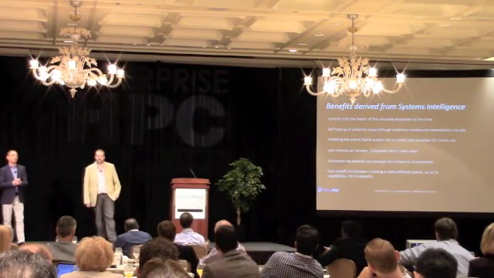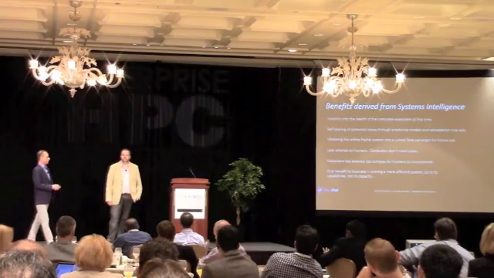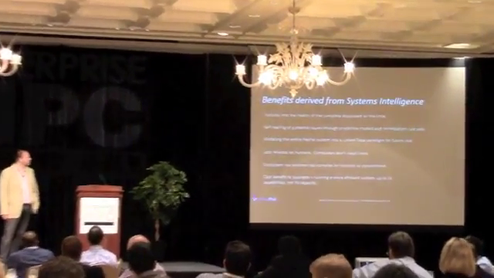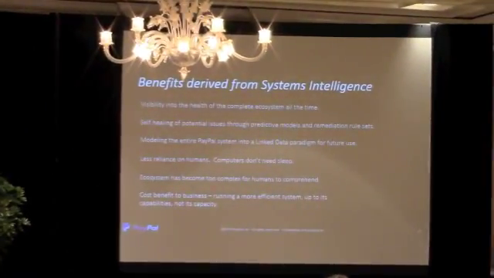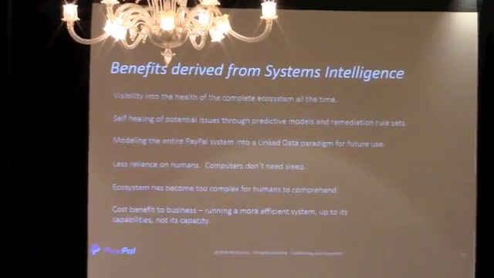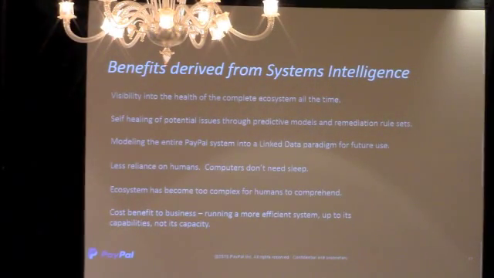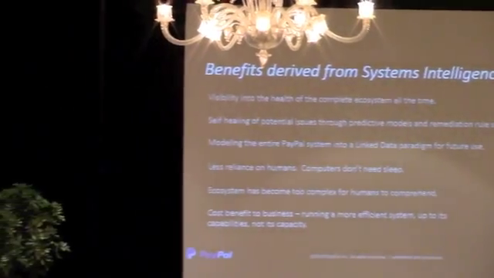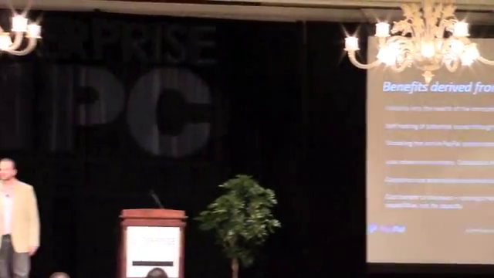So what are the benefits that we derive from everything that we've been doing? Well, we have visibility into the health of our ecosystem, right? We can tell if a drop of oil lands on that ecosystem if it's going to cause a problem. We now are able to self-heal, and we have less reliance on humans. It's not a good thing that we have less reliance, but humans can't comprehend the system anymore. We've grown so large that not a single person can understand all the interactions between all the servers and all the code flows, everything. It's just too large.